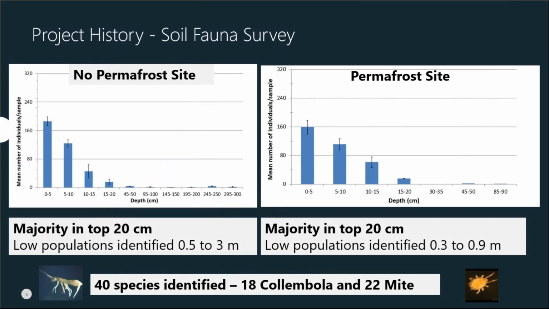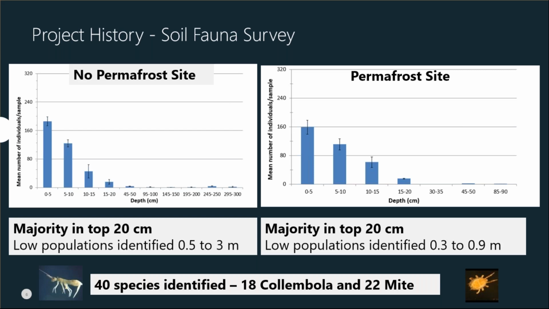One of the first things conducted on this project was a soil fauna survey. They went out and wanted to see at what rooting depths or soil depths we saw invertebrates. This was really important for determining the depth of a surface soil for the eco-soil contact guideline. They did a survey of sites with permafrost as well as no permafrost. Both of the locations assessed had the same theme, in that the top 20 centimeters had the majority of soil invertebrate populations. And obviously when it came to permafrost sites, this was even shallower.